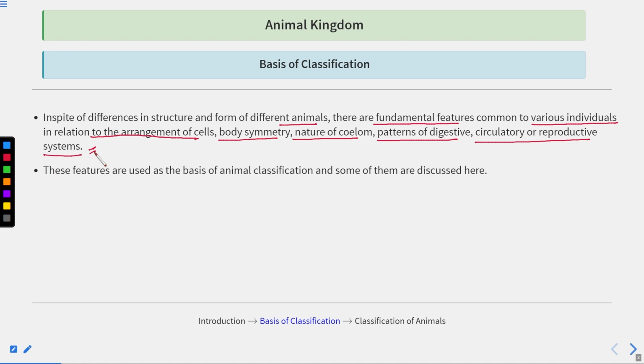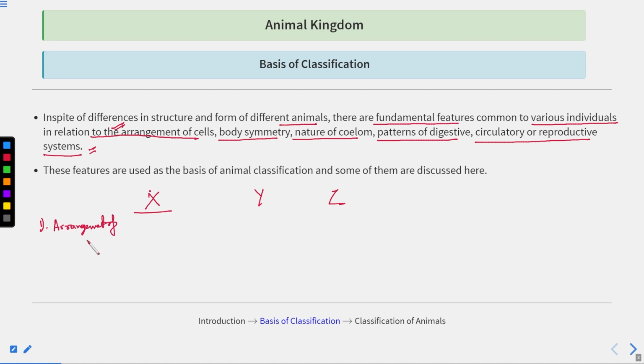So there are so many organisms. Each organism differs from the first one or the third one in some fundamental features, right? So on what basis can you differentiate them? You can differentiate them by how their cells are arranged. When you see a particular organism, suppose there are three organisms X, Y and Z, the characteristic you follow to see them is arrangement of cells,